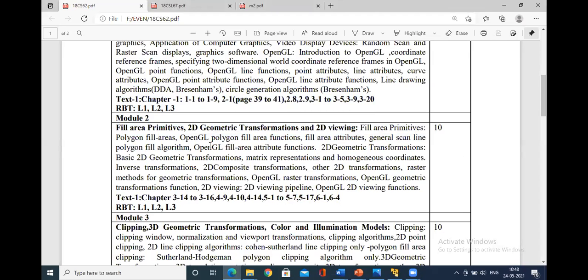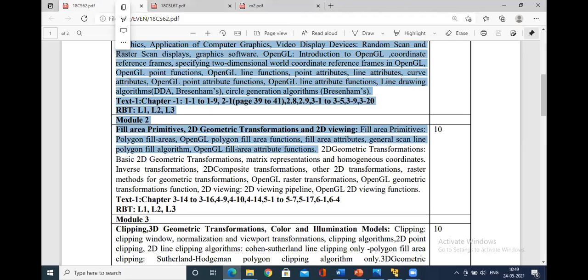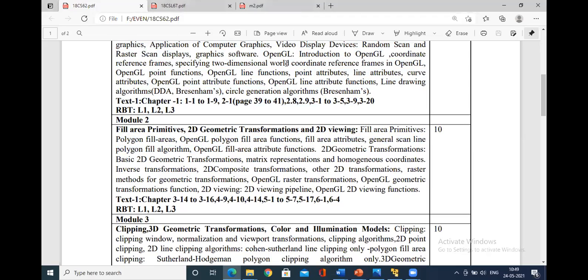So I will cover today the OpenGL fill area attribute functions. This is one of the theoretical concepts. So let us go with that, and I will continue with the other concepts left out, that is two-dimensional geometric transformations, right? But you will have this portion till here. You could expect questions from this 1.5 module, and I hope all of you have followed the scanline problem and are able to do it when the primitives or the coordinates are changed.